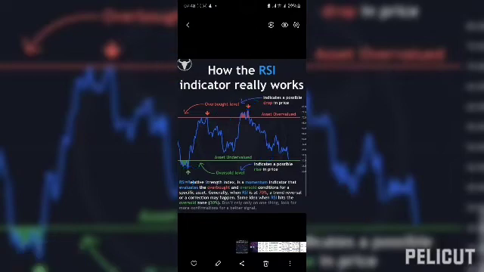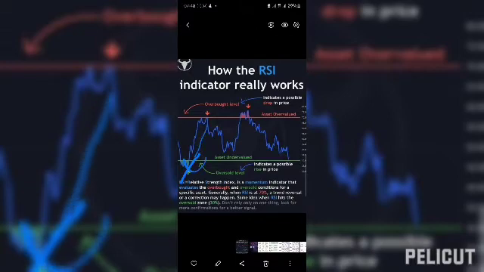Let me remove this and turn it back on. So let's see what happened here. You can see that this asset, let's assume this is an asset, is not just a line that you're seeing. When it got to this RSI 30, it actually got below RSI 30 here. It took a U-turn and started going up to hit the RSI 70. When it got there at exactly the 70% RSI, it reversed